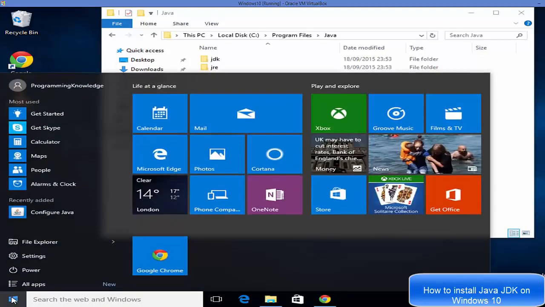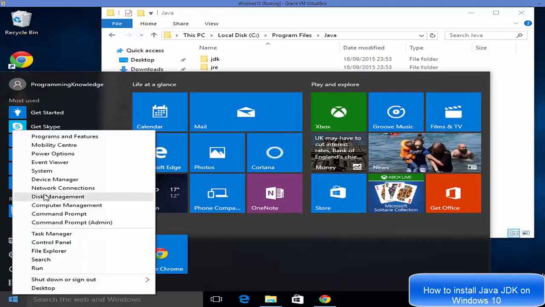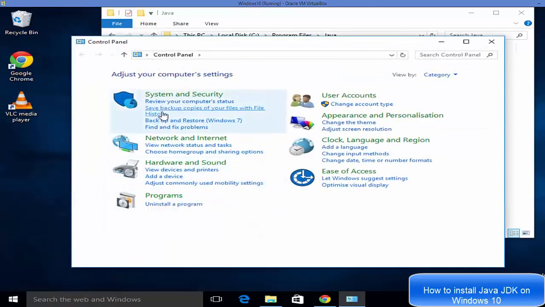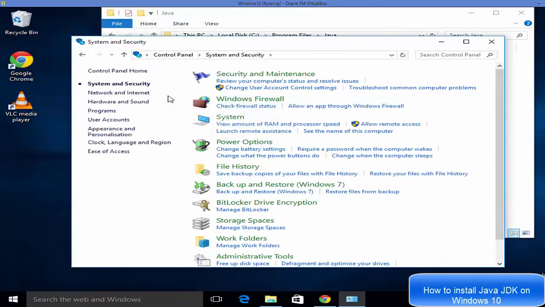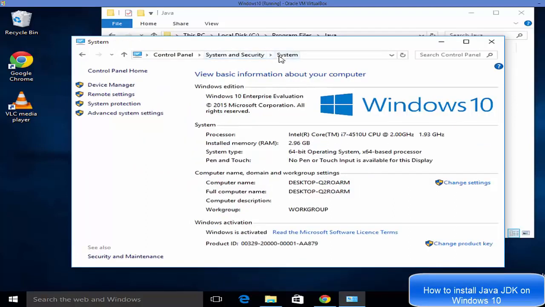So left click will open this option, but when you right click, it will open these options. And in right click you will see this option called control panel. Just open it, and in here go to system and security and click system,